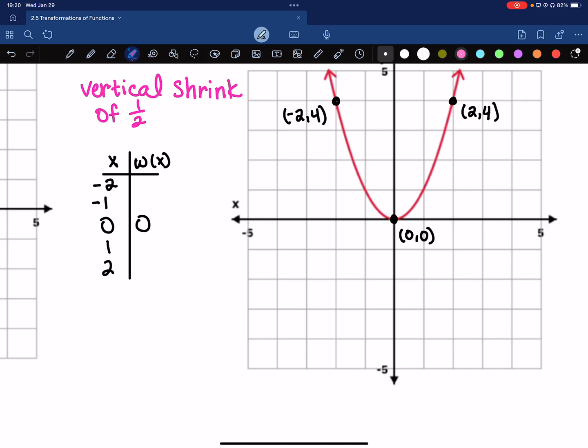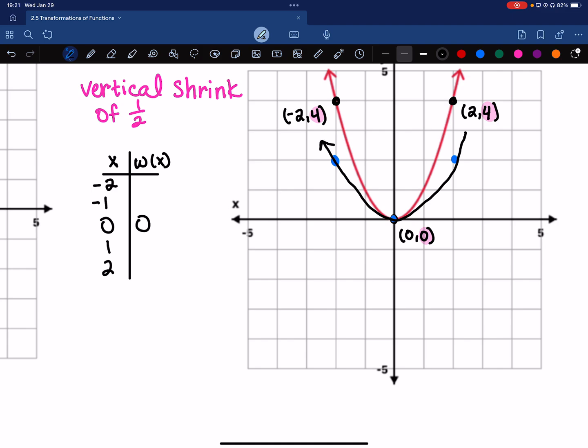And so again, with a vertical shrink or a vertical dilation, that's what these are, you're going to multiply the y values by that value. So we're going to multiply by 1/2. So 4 times 1/2, or half of 4, is 2. So the new point would get moved to 2, 2, negative 2, 2. 0, 0 is going to stay the same. And then half of 4 again is 2. So then you get